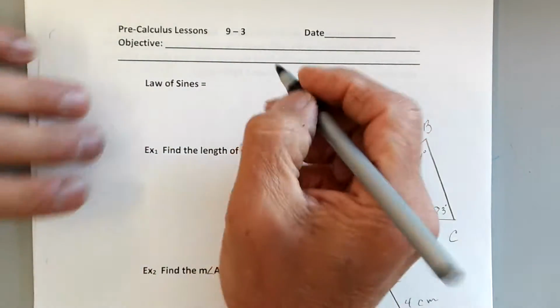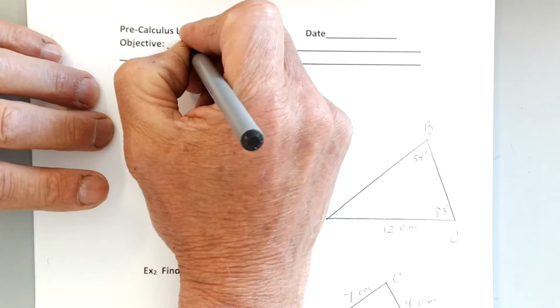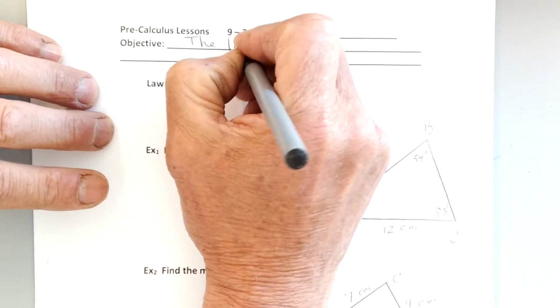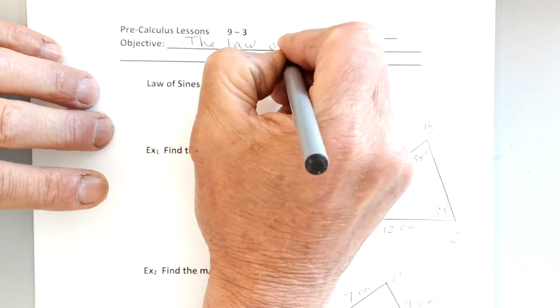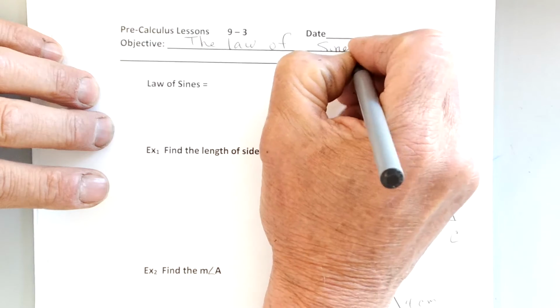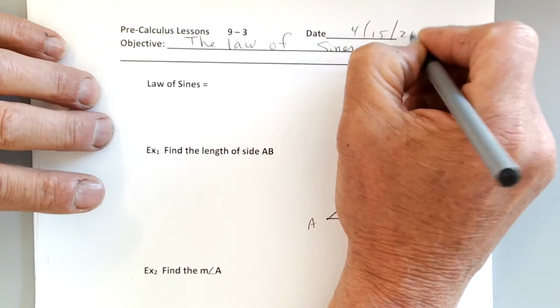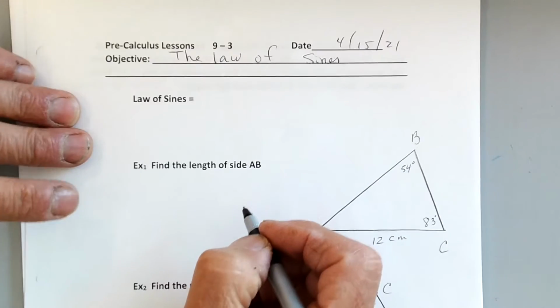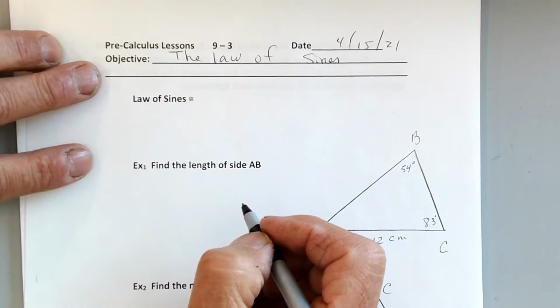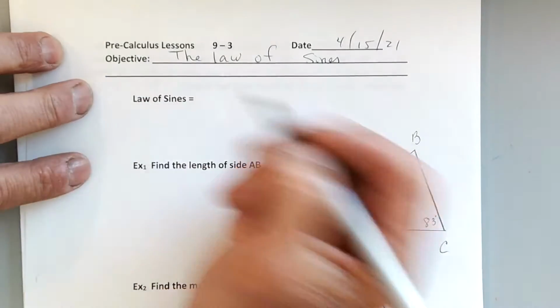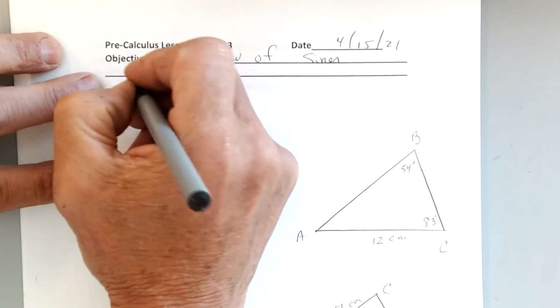So, objective. The law of sines. 4, 15, 21, okay? So I'm going to approach it differently because I was thinking about something else. I'm off today because I'm thinking about track. Okay, so the law of sines, what we're going to do is solve